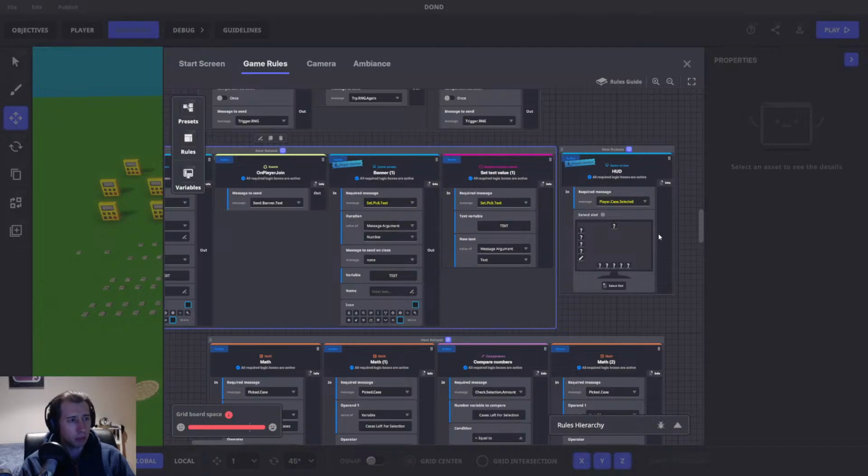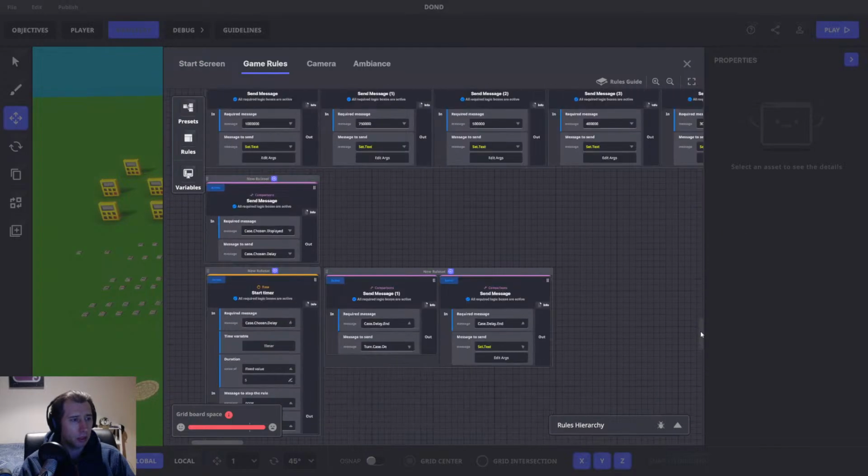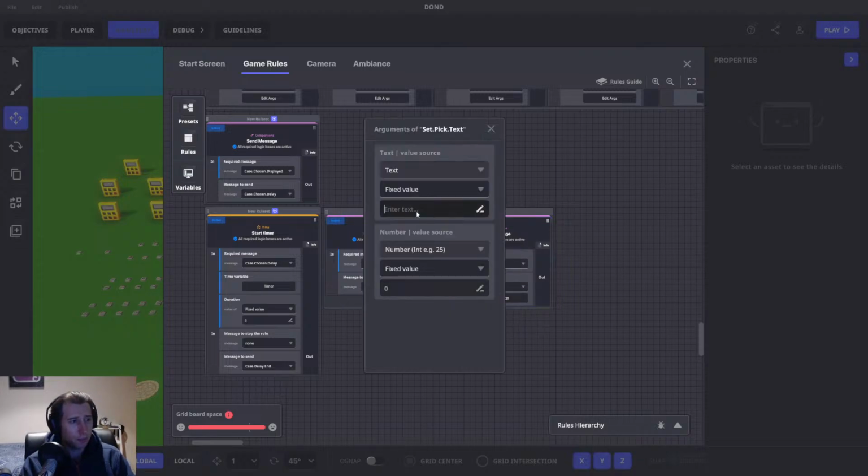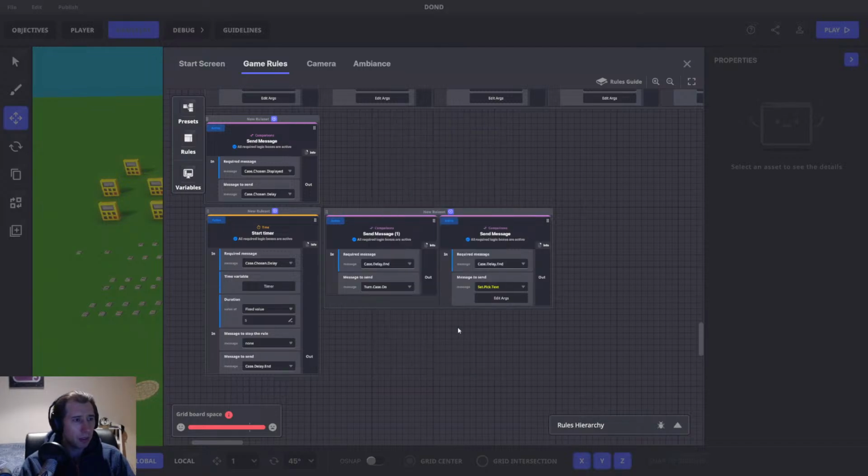So we can set pick text, and what I'll do here is change this one to set pick text, which is pick new case. Pick a new case. I don't know if it's supposed to be capital A, I don't know, whatever. It all looks weird to me. I'm going to do capitals. Stuff it. Let's do it. So for 1 second it will tell a player to pick a new case,